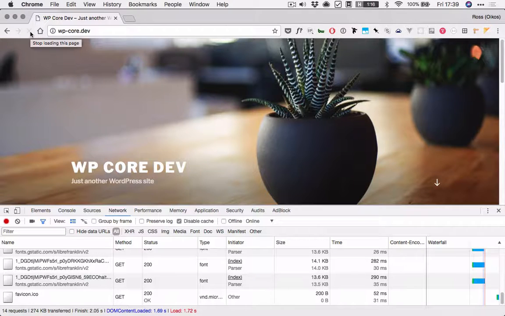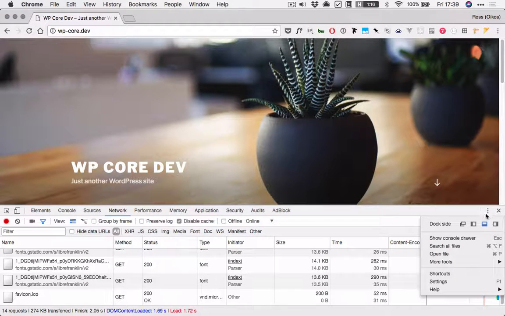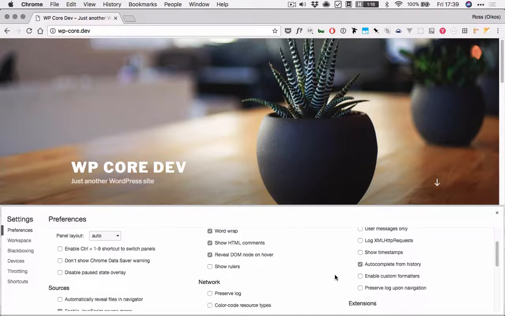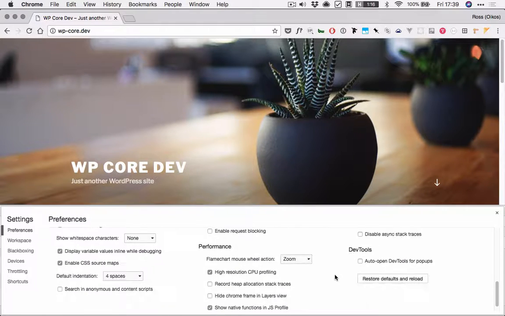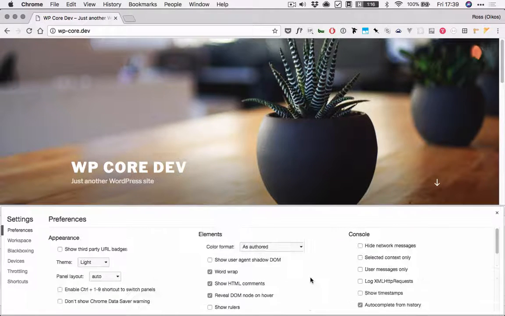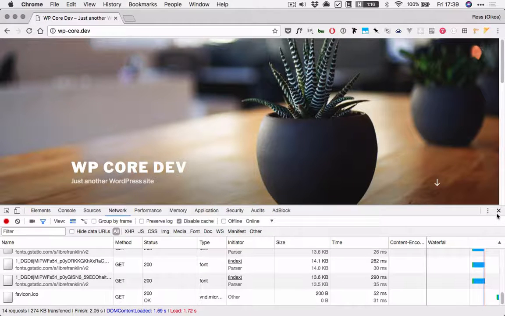And you'll remember that if we have DevTools open, caching is normally disabled, so we won't see caching working. There's an option somewhere. If we go into settings, we should be able to, here we go, disable cache while DevTools is open. So we have that turned on, so our cache is disabled, and that will affect what we're seeing in the